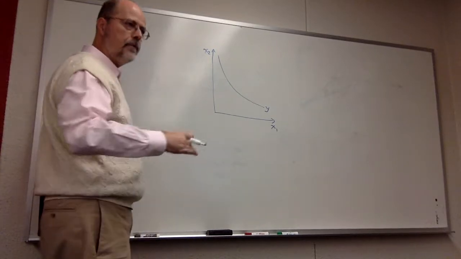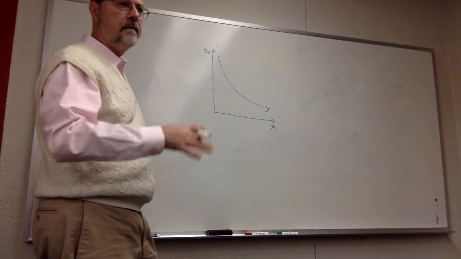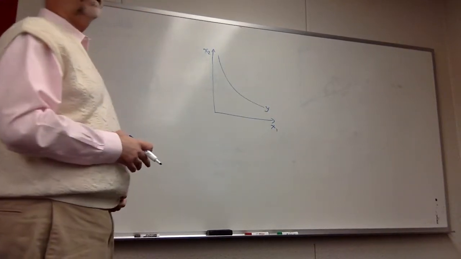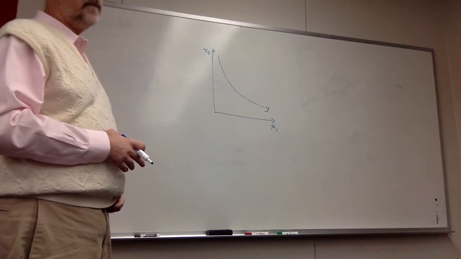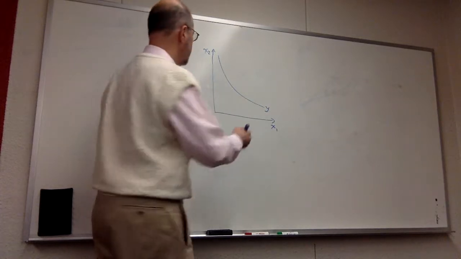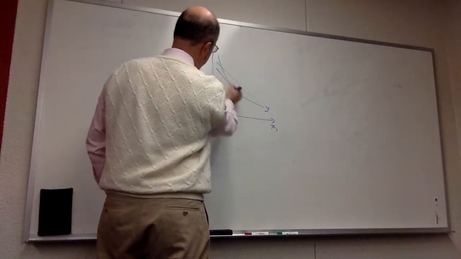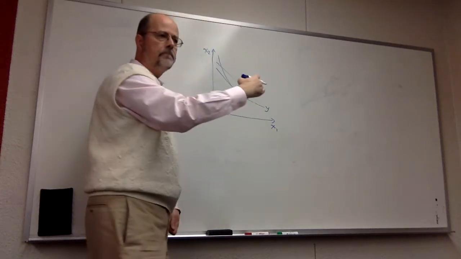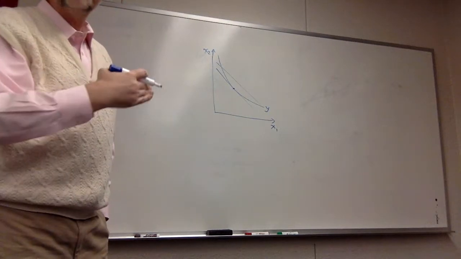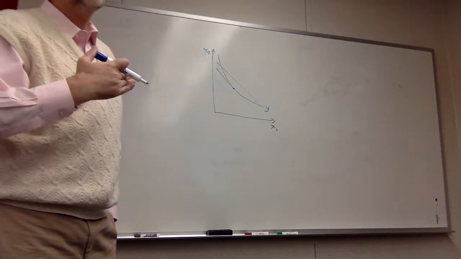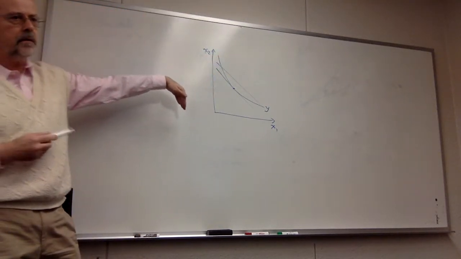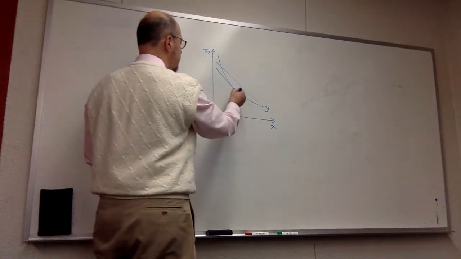I choose a price ratio for the inputs, which is given to me, right? And I ask myself, okay, how do I find the cost minimizing combination of inputs if I am required to produce this level of output? So the picture here is, of course, not a surprise. You're going to take lines, isocosts, parallel to each other because they all correspond to the same price ratio for the inputs, and you're going to push them as far down as possible until you cannot go any further, and you find